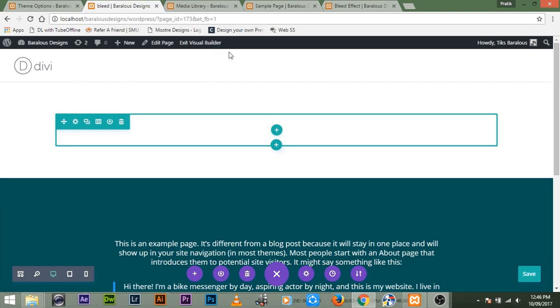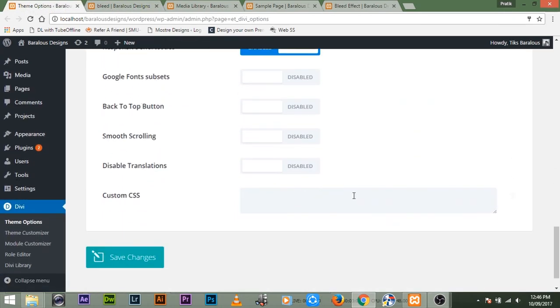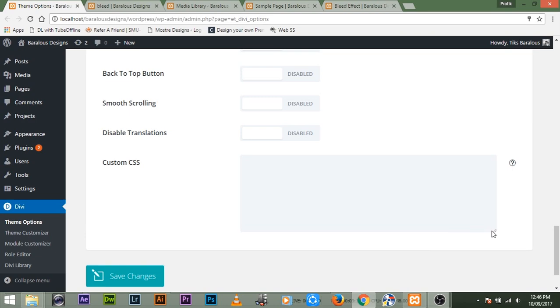Okay, so the next thing to notice is the page ID of this page. You can see that it is 173 in my case, but it varies from user to user. You might have a different page ID. The other person who's viewing this video might have a different page ID. Now that we have our page ID, we want to go to theme options, to custom CSS. We'll add a code